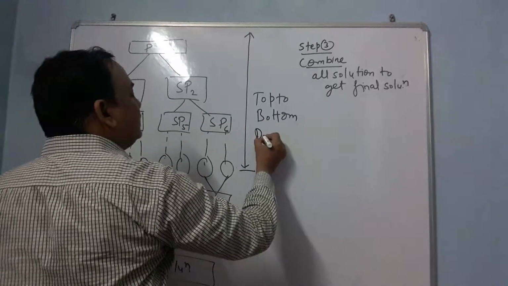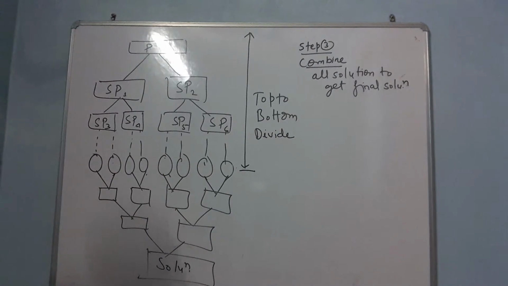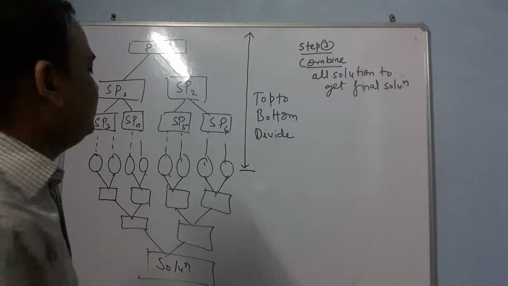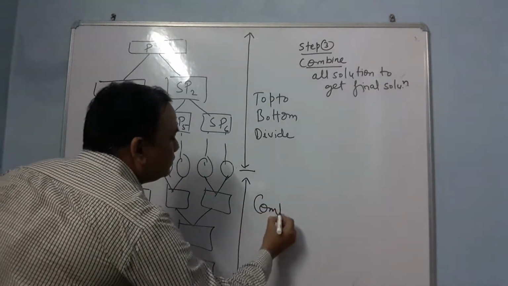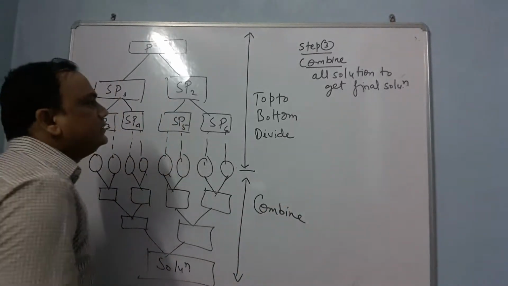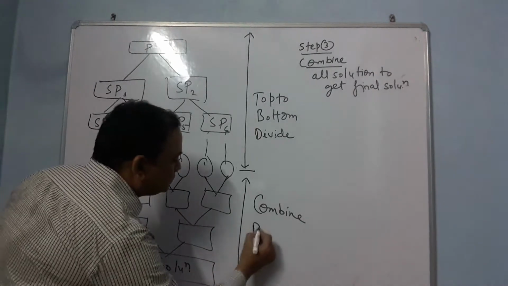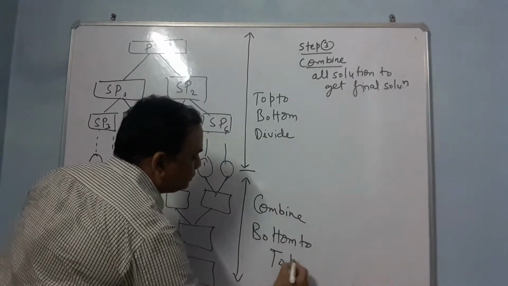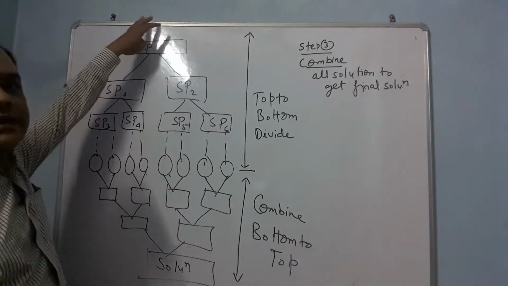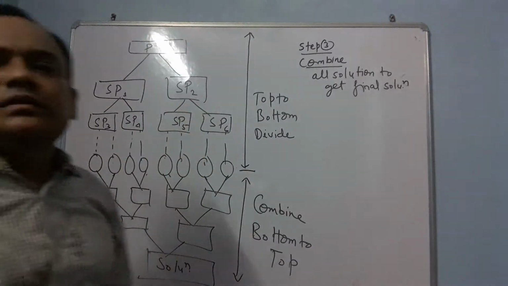This is called designing of the top to bottom for division. For divide, that is the breaking of the problem. And this part is called combine, and it is just like bottom to top. Because the top, that is the higher number, can be divided into smaller numbers, and the smaller ones can be added into the big number, the big problem solution.